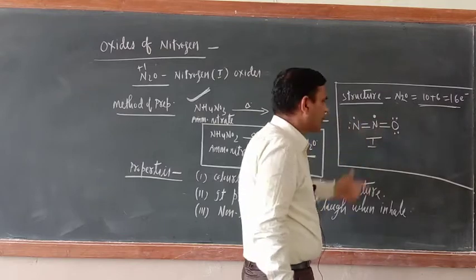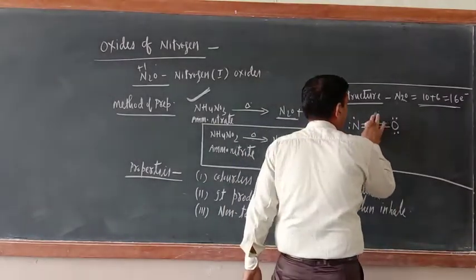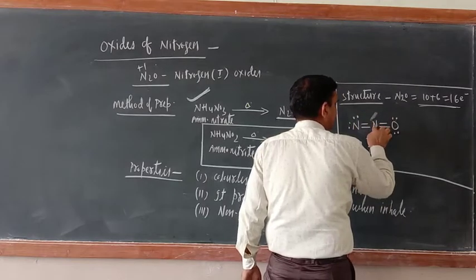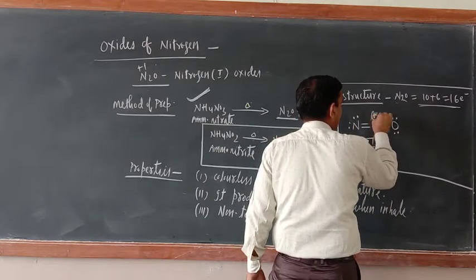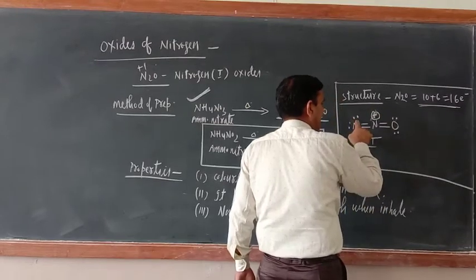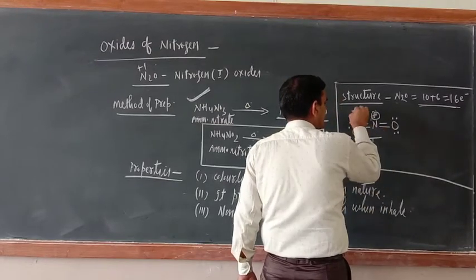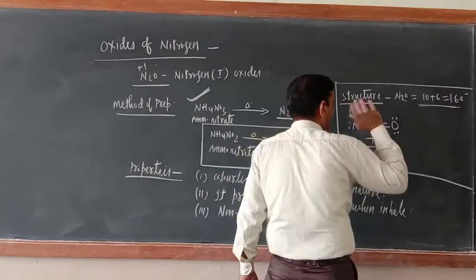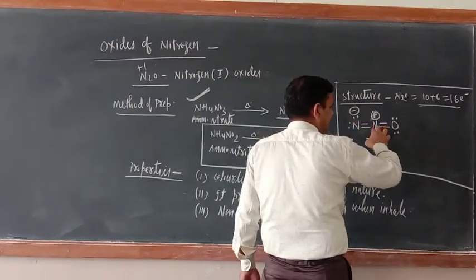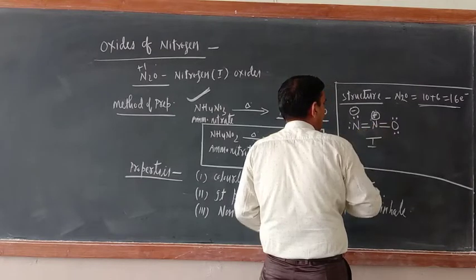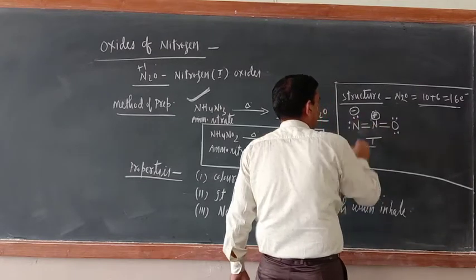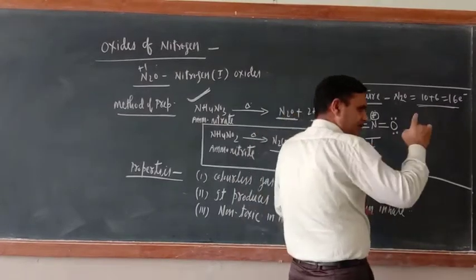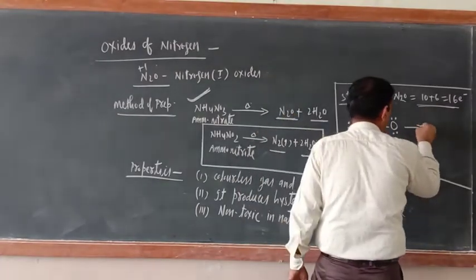So scientists said one thing: shift this electron from here to here. So now what is there? Since this nitrogen is giving an electron, here is a positive sign, and this nitrogen is receiving the electron, so here a negative sign. Okay, now just see, the octet is completed. For this nitrogen 8 electrons, for this nitrogen also 8 electrons. So the octet is completely satisfied now. Okay, now for resonance, see one more structure of this one.